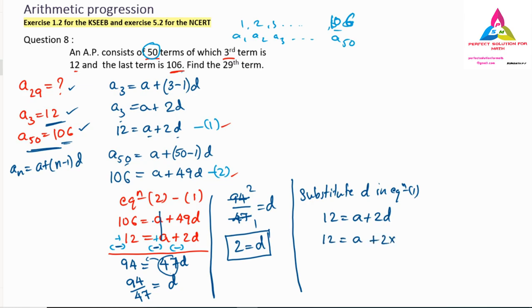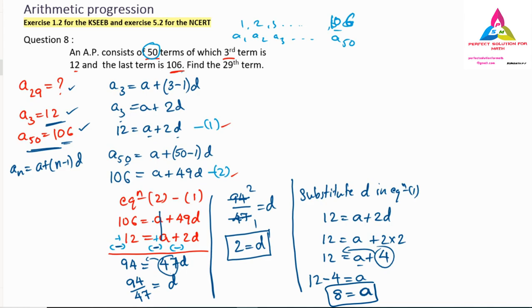How much is the d value? It is 2. So a plus 2 into 2 is 4, so 12 equals a plus 4. Now the unknown thing is a, so keep that a here only. This 4 I have to shift to the other side. 12 remains as it is. First we have to write 12 as it is, then plus 4 will become minus 4. Remember that 12 we have to write first, then whichever one we are shifting. 12 minus 4 is nothing but how much? 8.